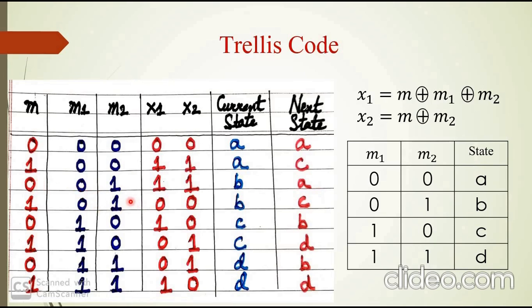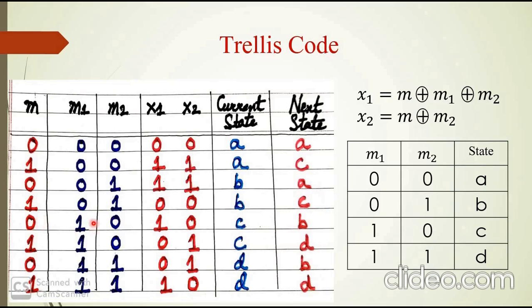And current state is 0 1 means B and current input is 1. So the next state will be 1 0. It means next state is C. And current state is 1 0. It means C. And current input bit is 0.